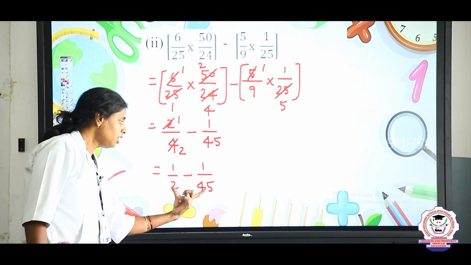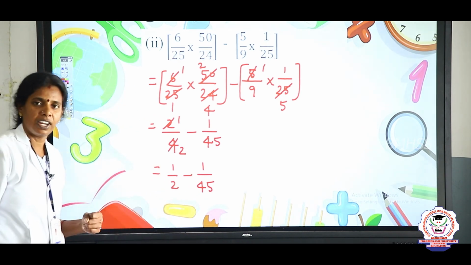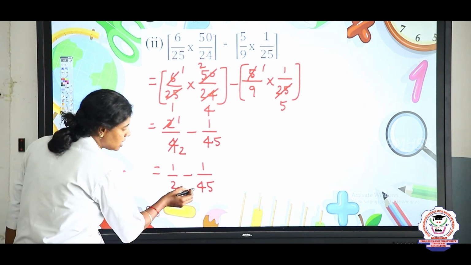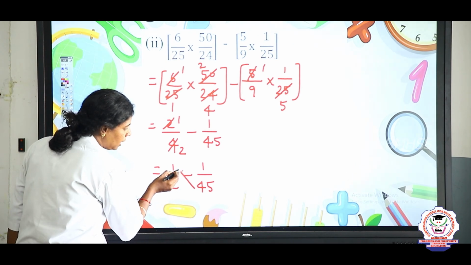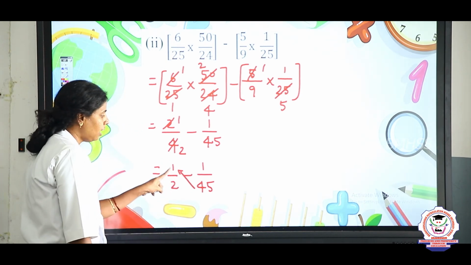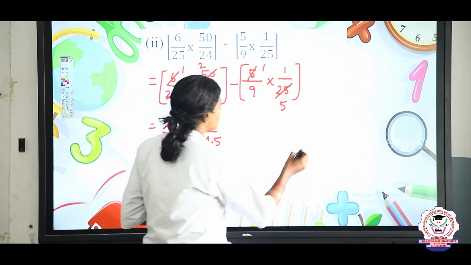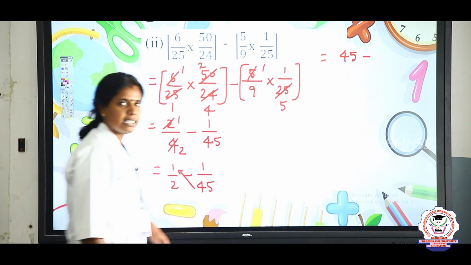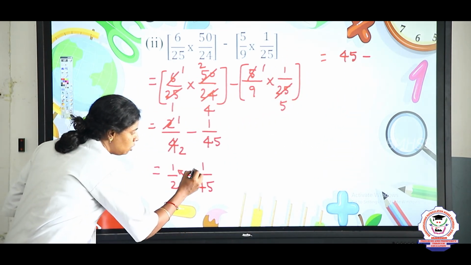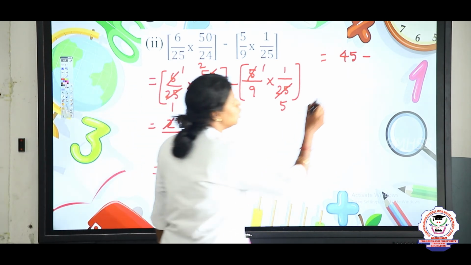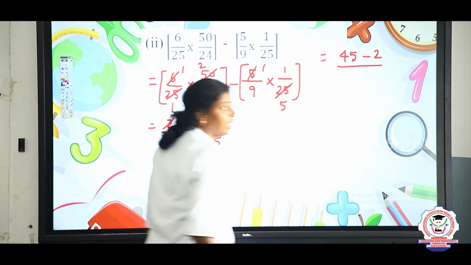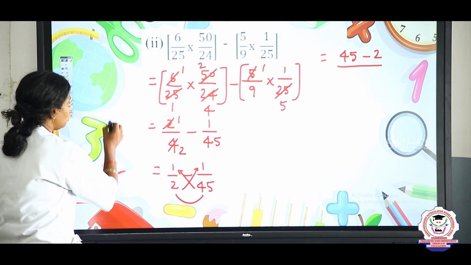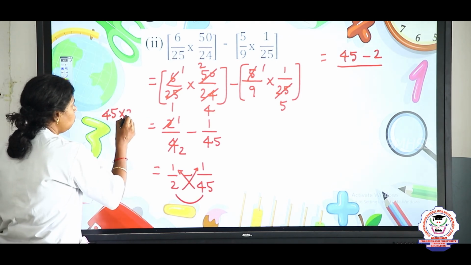Okay. Now, in between these two fractions, we need to find the difference, right? So, we can take cross multiplication here. Cross multiplication is nothing but first we are going to multiply this. First step 45 into 1. What is 45 ones? 45 minus the second step, what are we going to take? 2 into this 1. So, 2 ones are 2 by the denominator, the product of these 2. 2 into 45. What is 45 into 2?